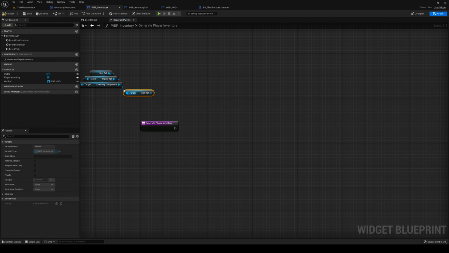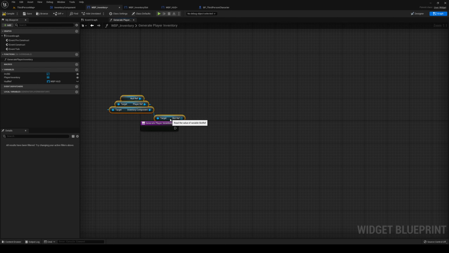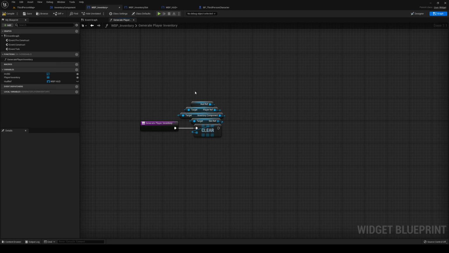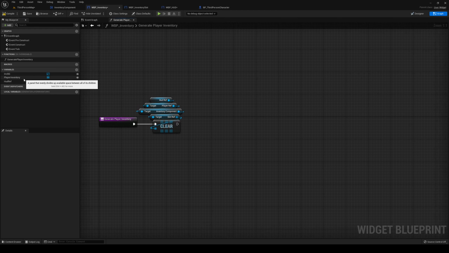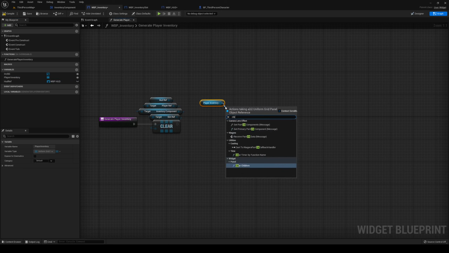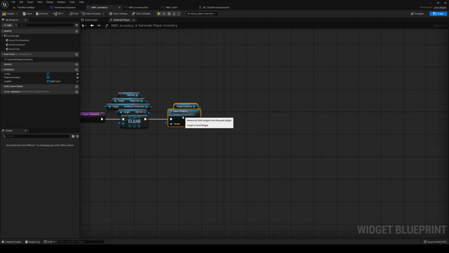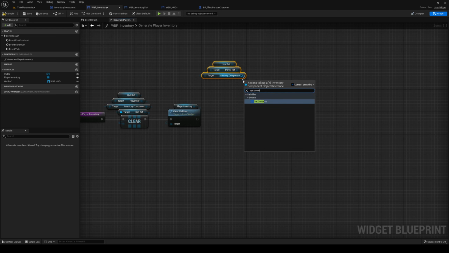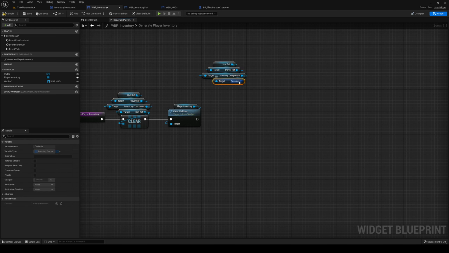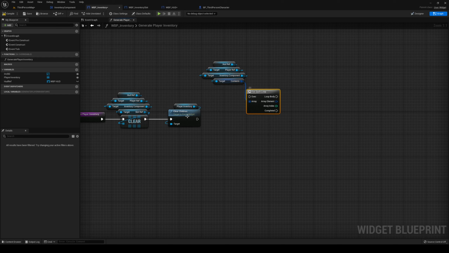Now we can go back to our WBP inventory and we can get our inventory component, get our ref, slot ref, and we can clear that array. Like so. Then we can get our grid panel. We can clear children from that. And we can start building. So let's get our inventory component, get our contents, do a for each loop out of the contents,